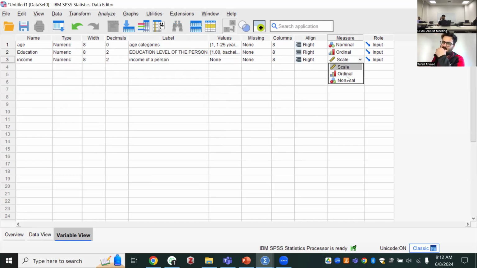Tufail, yes, I will clarify to them. For example, education level has to be categorized always because it's either bachelor's, master's, or uneducated. It is not a continuous number, right? Even for age categories, normally whenever we are collecting data from our respondents, we put them into different categories